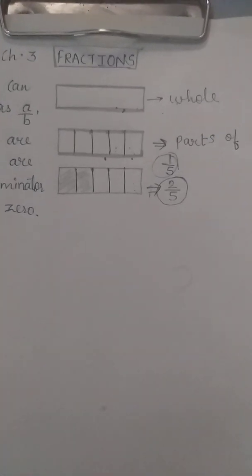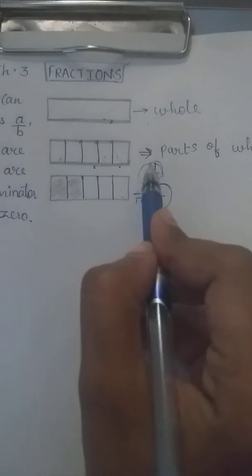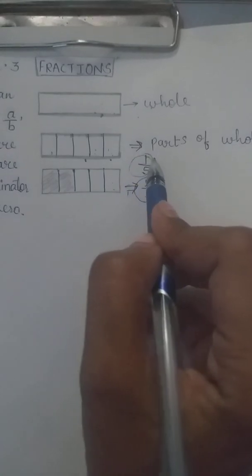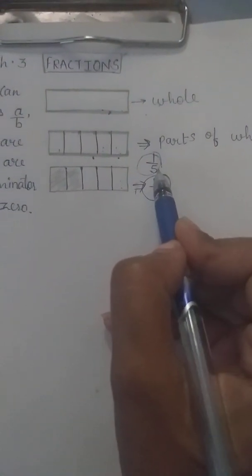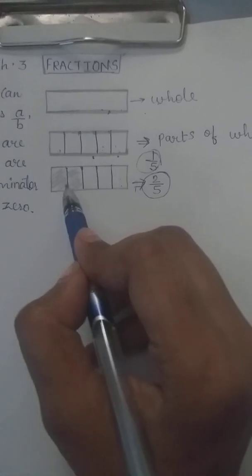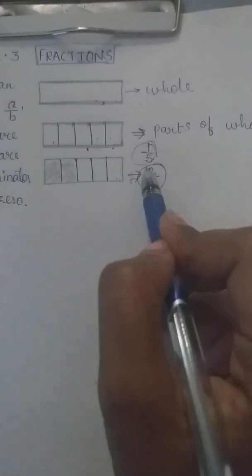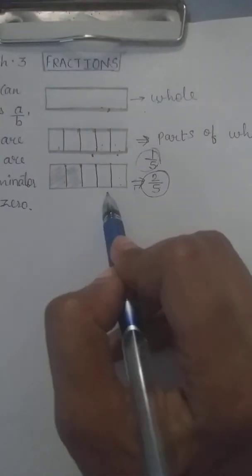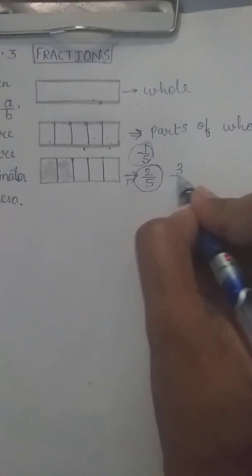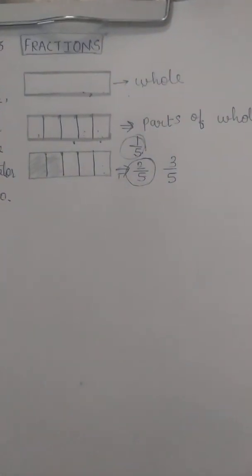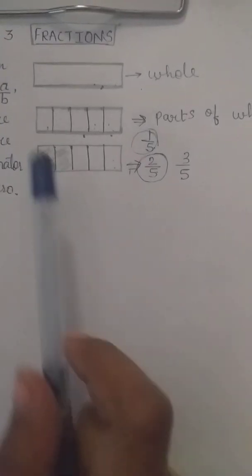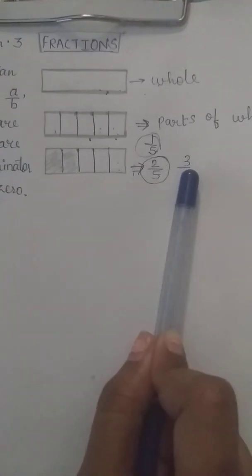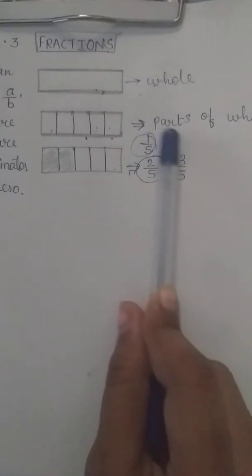Now in these fractions, see, one part out of 5, each part of the whole, so I can say it as 1/5. Similarly in the second, two parts are shaded out of 5, so 2/5. The unshaded part I'll be saying is 3/5. From these 5, 3 parts are not shaded, so 3/5. So this is the fraction. In mathematical terms, I'll write the statement like this.